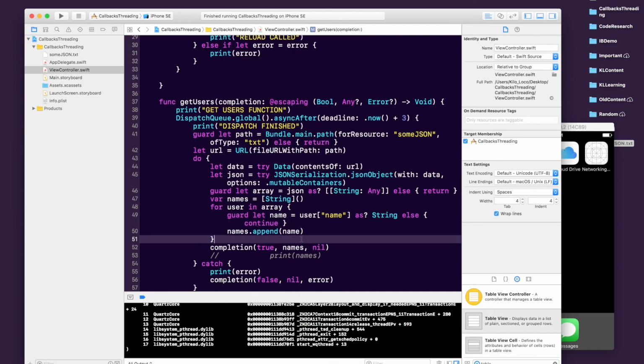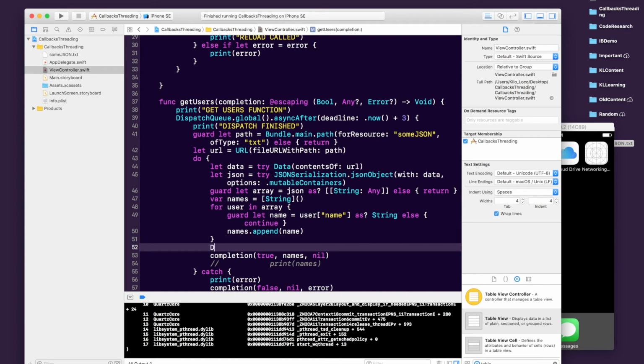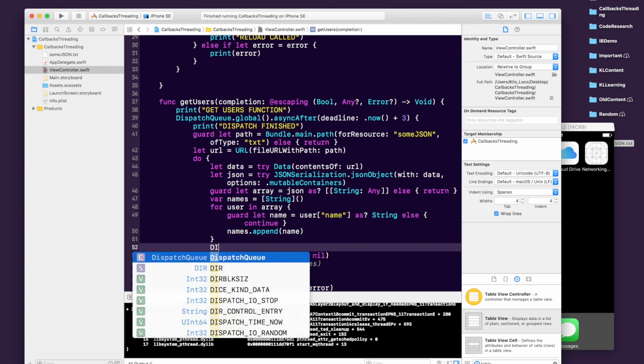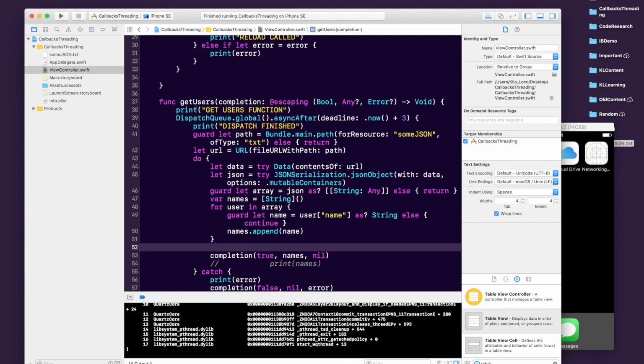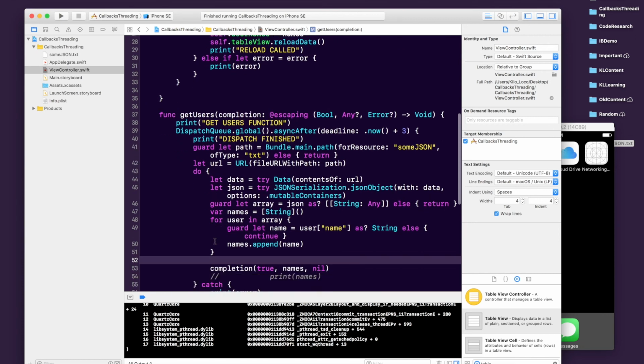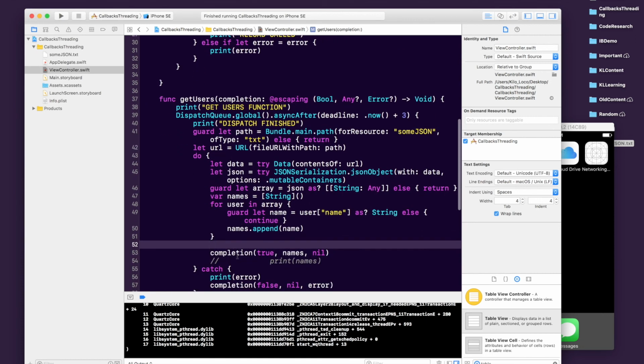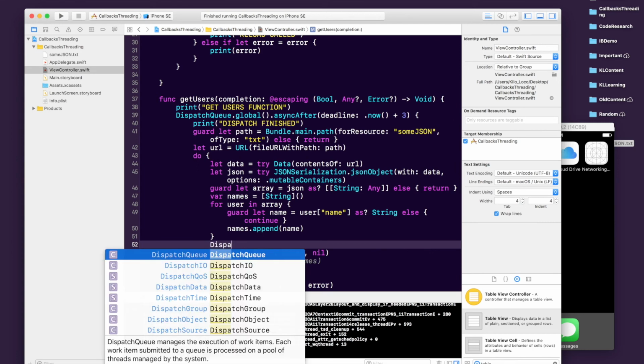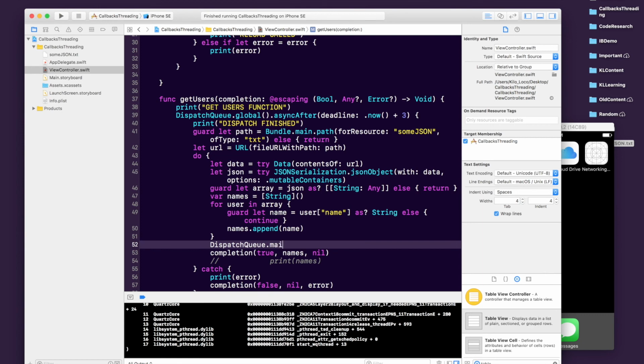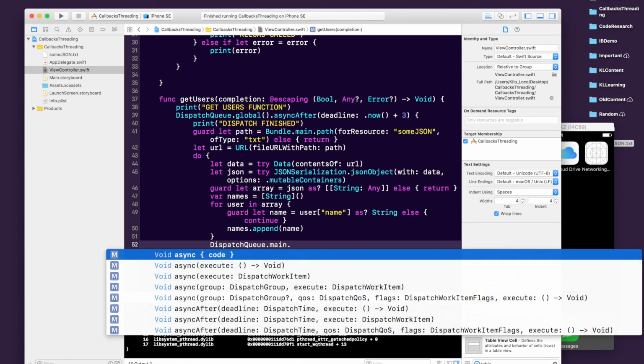Now the way to do that is just to dispatch, and we're going to be doing this dispatch. Like I said, URLSession is going to do this part for you, but this is something that you actually have to do if you're tying UI updates to your completion handlers, which is what you're usually going to do. So what you want to do is dispatch queue.main.async,